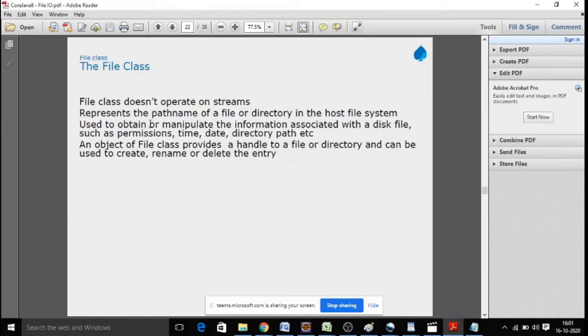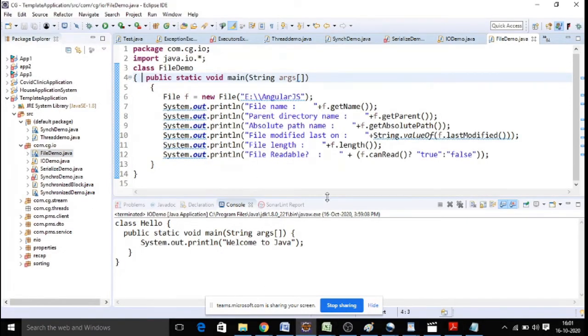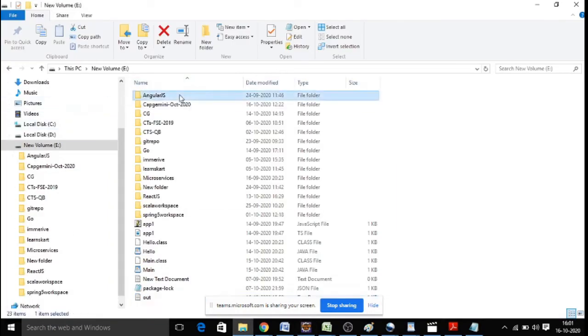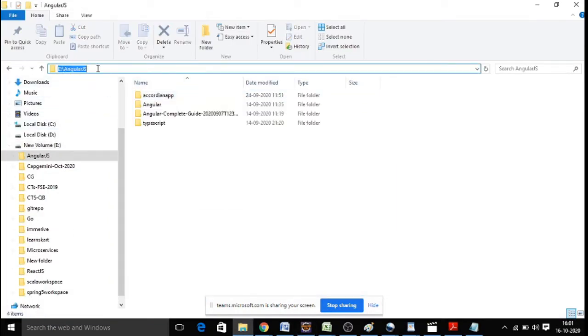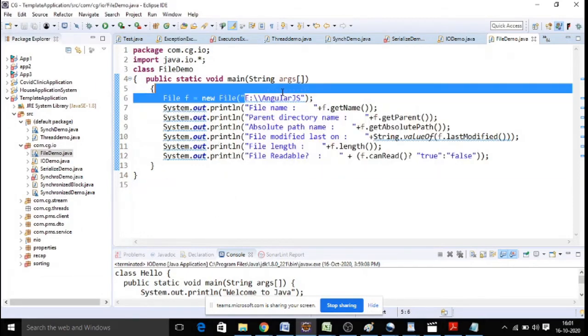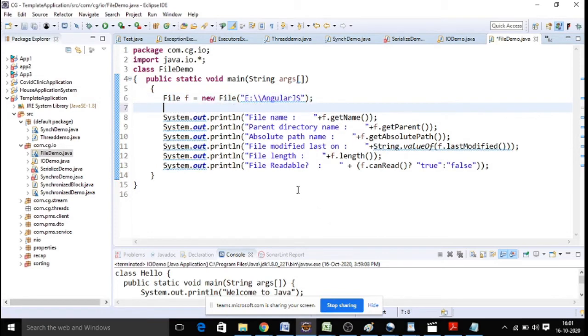Another important class in IO streams is the File class. What exactly is this File class, which is readily available from IO streams? File is a predefined class. You can pass any file name. Let us say I am taking this folder name. In IO streams, a folder and a file both come under the File object. I am passing that folder name here. I can check whether it is a directory or whether it is a file. How can I check? f.isDirectory. Then it will say whether it is a directory, true or not.